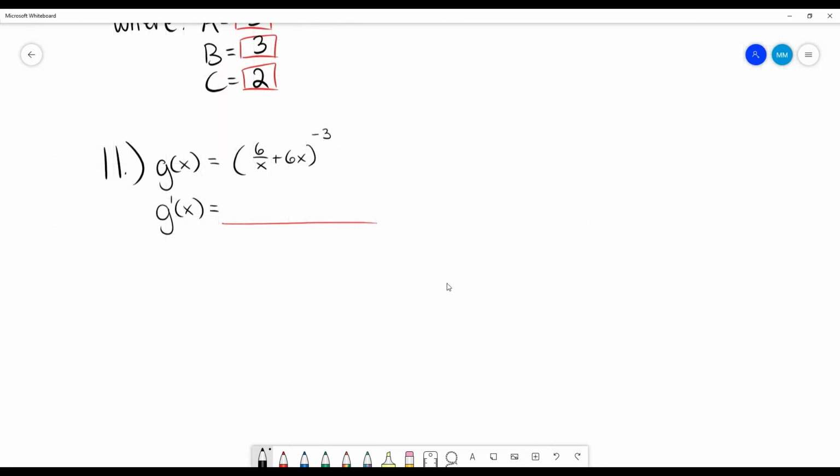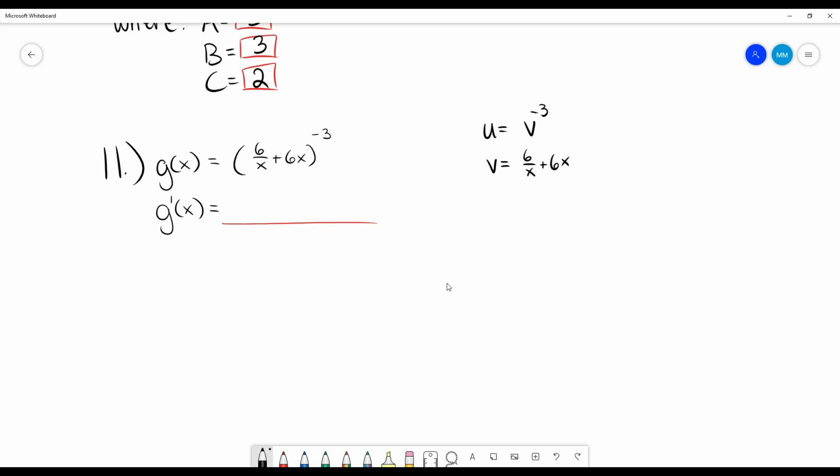And now for our very last question. If g of x equals this right here, we want to figure out the derivative of g of x. So this is once again chain rule. So I'm going to say u equals v to the negative third power, where my v equals 6 over x